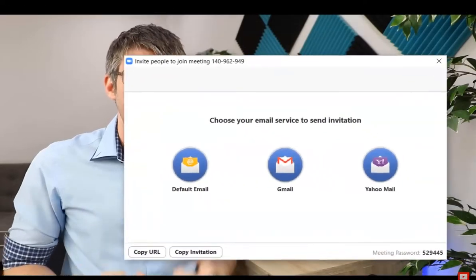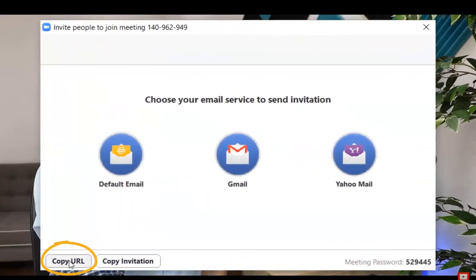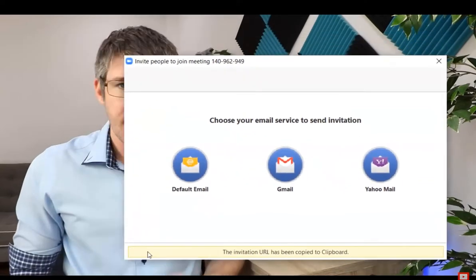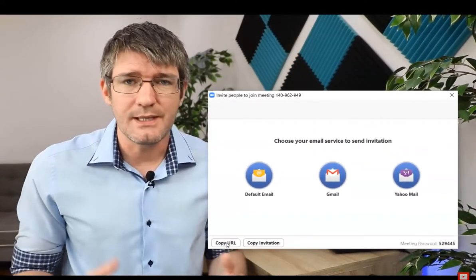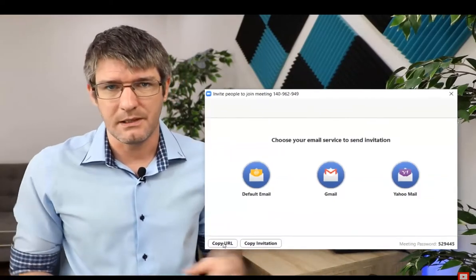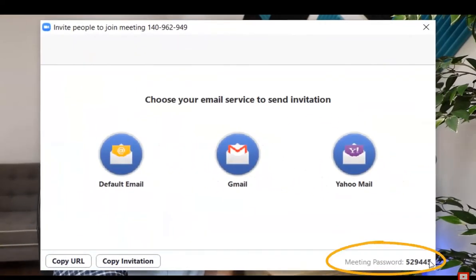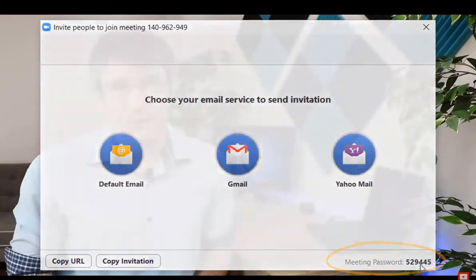In order for us to do that, we're going to go to the bottom here and click on copy URL. That invitation URL can now be shared with anyone. You can use any messaging platform or any email client. Don't forget to share the meeting password with them, because without that password, they will not be able to join your meeting. This makes Zoom an incredibly secure platform, and you can really control who joins your meetings and who